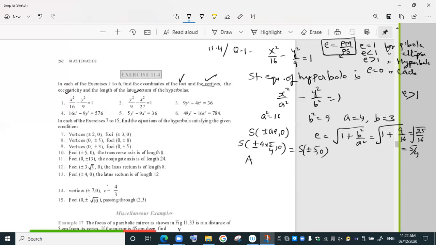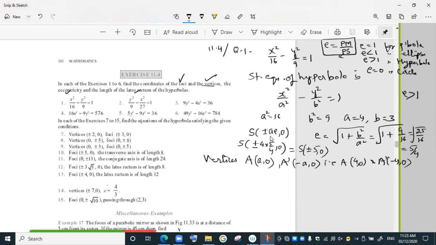Vertices, you know that coordinates of vertices are plus minus a, 0. A will be a, 0, taking the right side, and a dash will be minus a, 0. So here what is the value of a? A is 4. So A is 4, 0, and a dash is minus 4, 0. Okay,